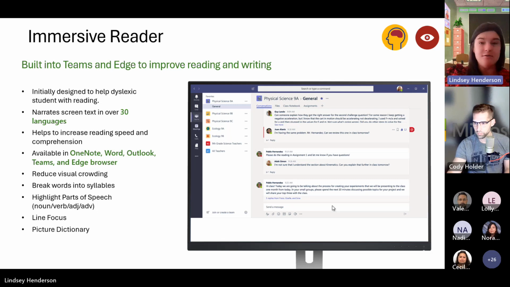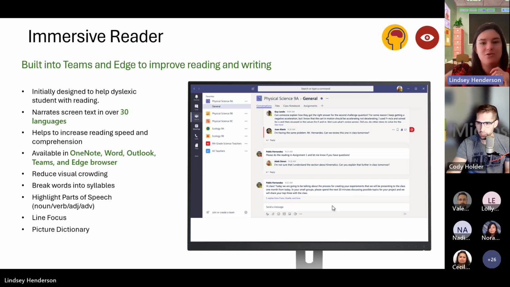That student was very called out, and it was very obvious to the rest of us in the class that they were needing extra help. And so that's not going to be great to help that student's confidence as they're moving forward. And so Immersive Reader is going to be fabulous when it comes to helping, again, people with dyslexia or reading challenges. You've got the ability to do line focus.